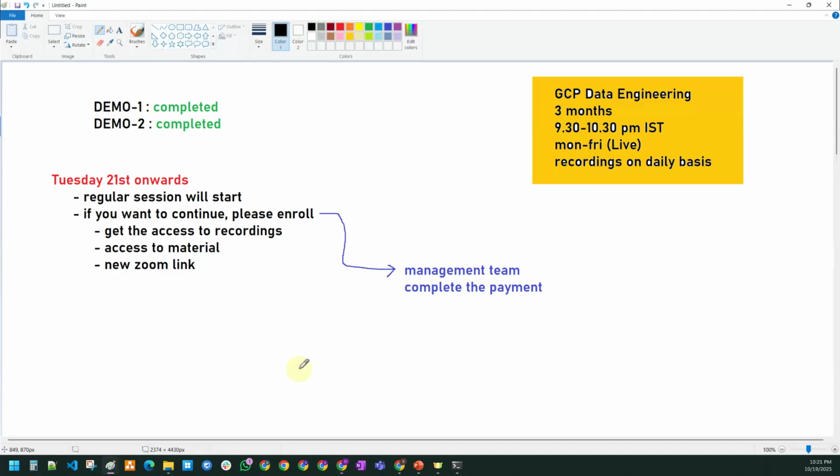We have a morning batch also, but that is already in the middle. So we have two batches running every day, morning batch and evening batch, but the morning batch is already in the middle. So what you do, you try to attend these sessions, and whenever a new morning batch starts, please connect with an admin, they'll try to help you. That's one thing. And one more thing, one of the guys was asking something.